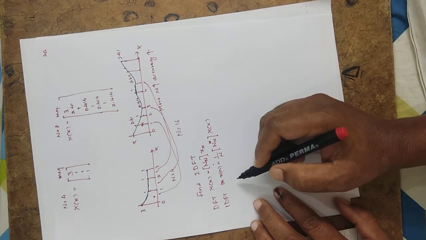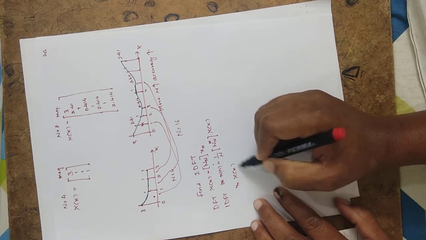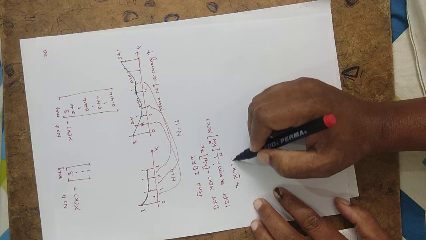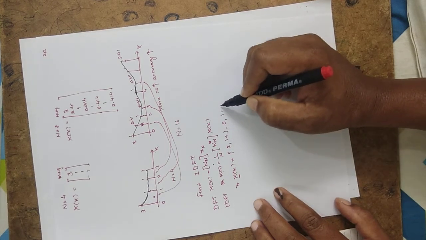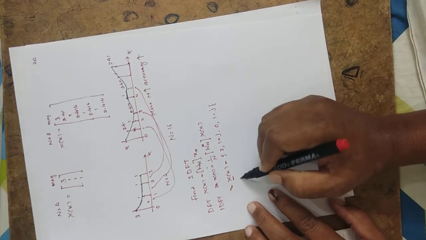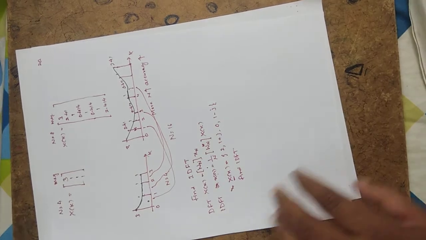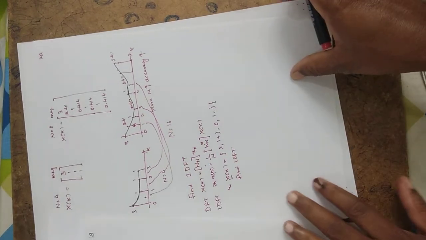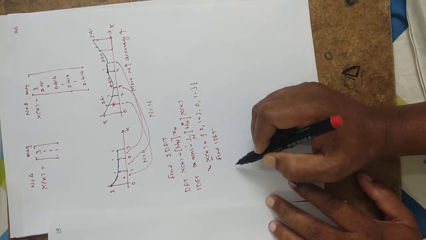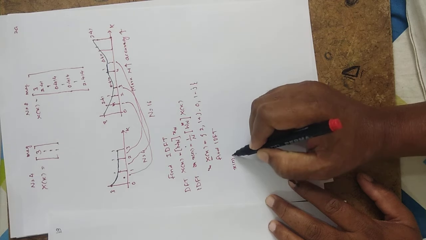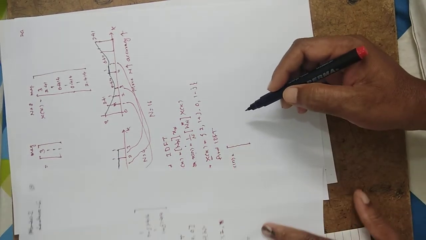Right. So given the sequence, capital X of k I am writing, which is equal to 2, 1 plus j, 0, 1 minus j. Find the IDFT. Right. So now you have to generate this Wn. Since I have the Wn already generated, you can check it out here.